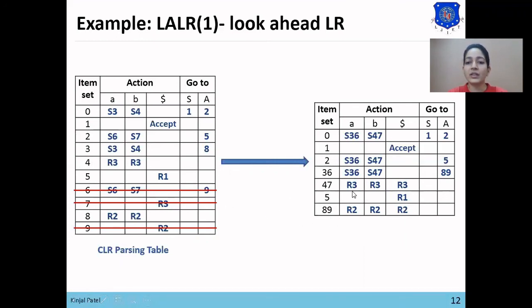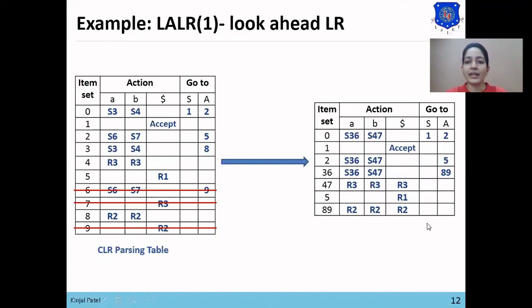But for reduce entries, as we have merged I47, we'll also merge the reduce entries. In state 4 there are entries R3 under A and B, but no entry under dollar. But as we have merged the 7 item set into 4, and in the 7 item set there is an entry R3 under dollar, we'll place R3 under dollar in I47. So we'll merge all the entries of 4 and 7 of the CLR parsing table.